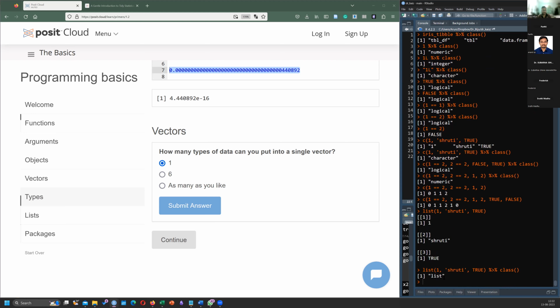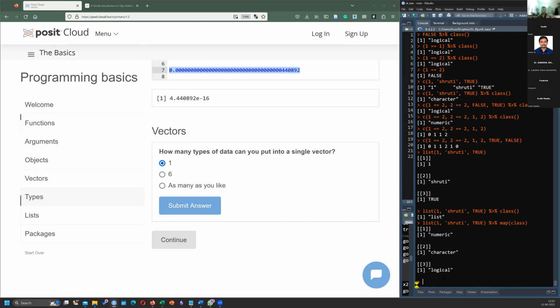Class will be a list, but I can go a little further. I'm going to map the function class to everything and then see what the result is. It's going to say the first element is a numeric, the second element is a character, the third element is a logical. So list is a little more powerful.